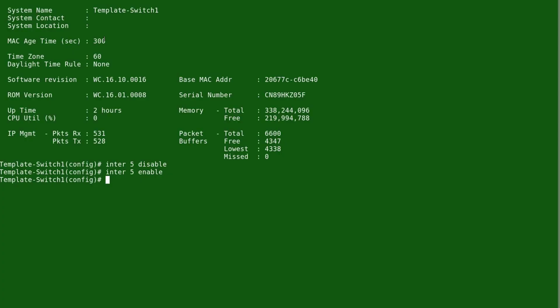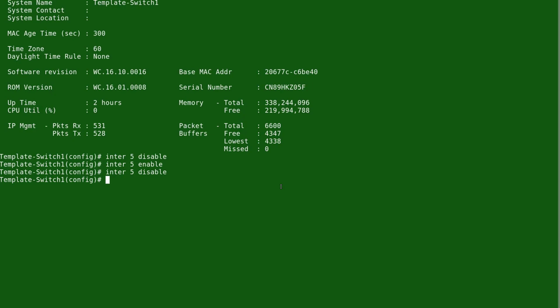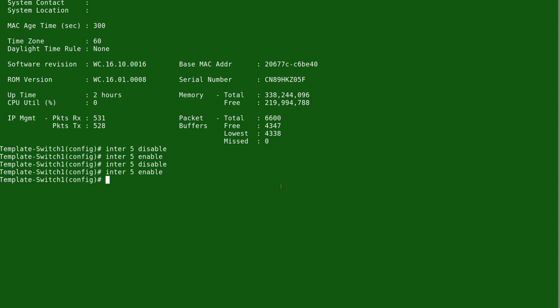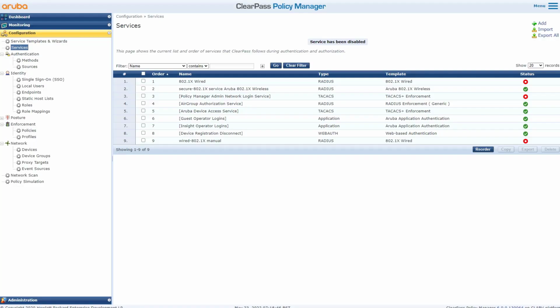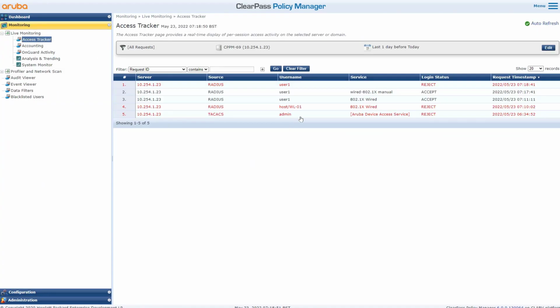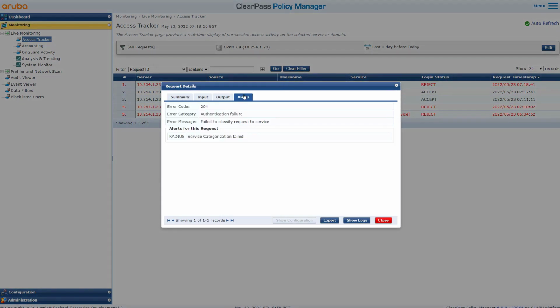Let's go back to the switch interface and disable it again to enforce re-authentication. So now we should expect to fail. The reason for that is because there's no service that can meet that category. So if we go to Monitor here, you're going to see, look at this, and notice there's no service, and you will see the message from the rejection alert. Look at this: failed to classify request to service,